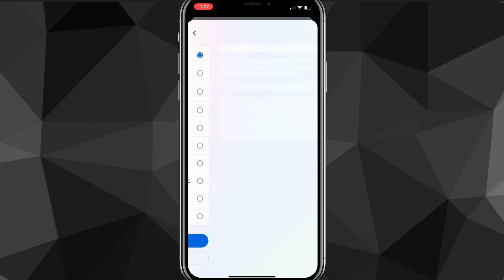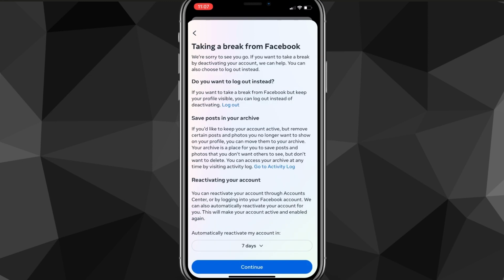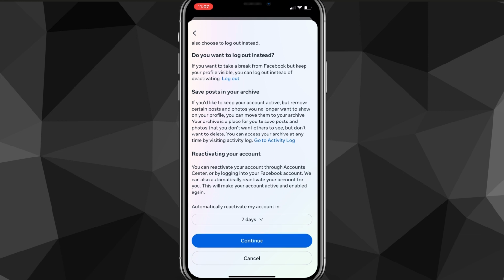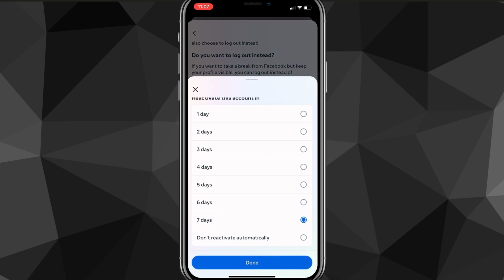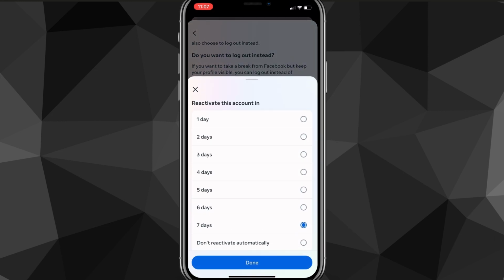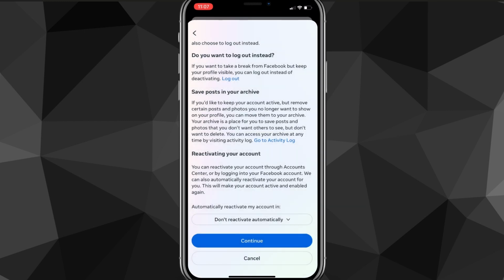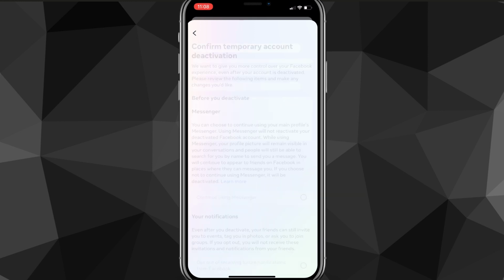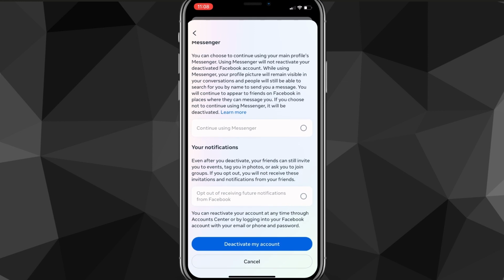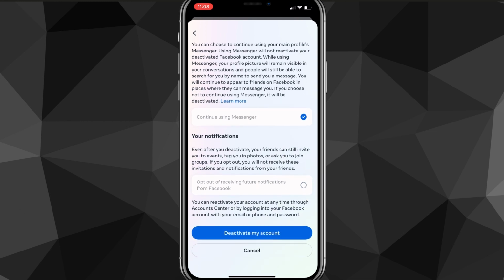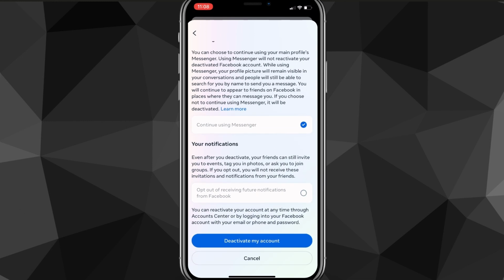You can choose any reason you want here, and you can click continue. It's going to talk about this, and then what you want to do though, if you don't want to automatically reactivate your account, then make sure you choose don't reactivate automatically. Otherwise, it will reactivate your account after a certain amount of days. Once you do that, you can just click continue, and then it will ask if you want to deactivate your account one more time. So you just click deactivate my account, and then it will completely deactivate your account until